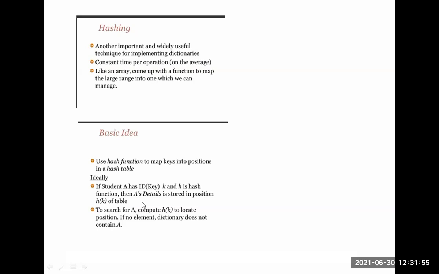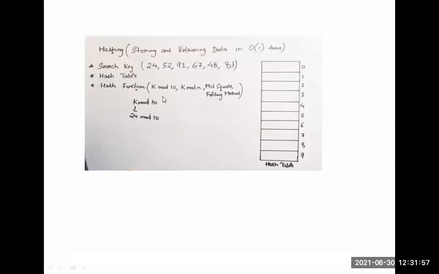Hash table. Here we are using a hash function. So what does hash function mean? We have h of k equal to k mod 10, that is our hash function. So n is the table size, and h of k equals k mod n. This is our modding function. Here n indicates the table size.